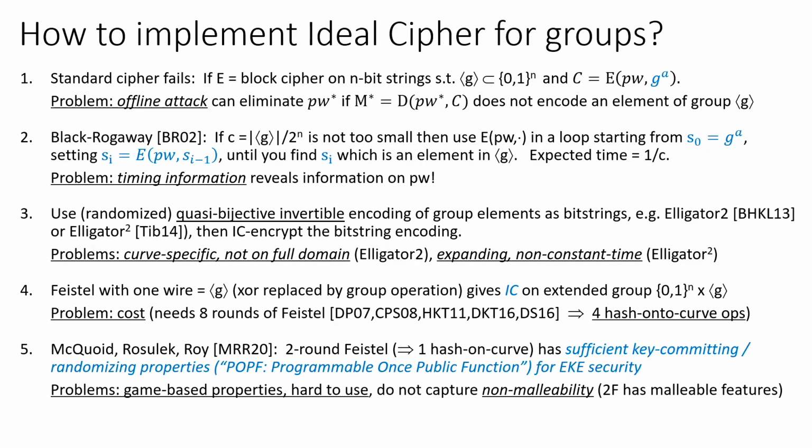Okay, so how would you implement an ideal cipher? Maybe because it's such a beautiful protocol, this encrypted key exchange. It's so simple, but it wasn't used. And I think there are probably two reasons. Maybe nobody wanted to use PAKEs to begin with at all. But even if they did, apparently EKE was patented. But another reason, I think, is that it's not so easy to implement this ideal cipher.